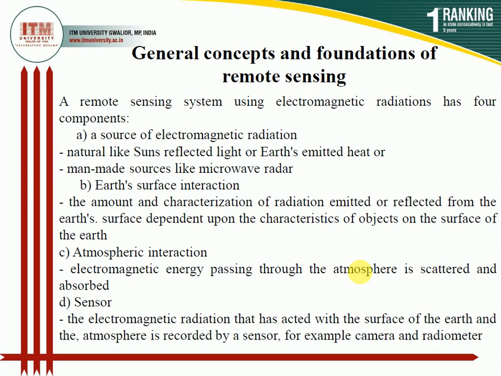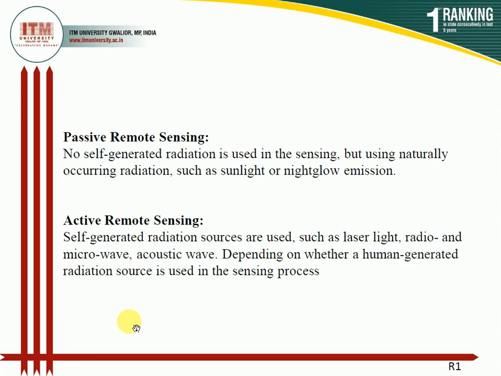The basic concepts behind remote sensing are: what is the main source of electromagnetic radiation, whether natural or artificial; how it interacts, whether the light gets absorbed, reflected, scattered, or refracted; how it interacts with the atmosphere; and which types of sensors are used in the process of remote sensing. Those are all the main things a person has to consider when talking about remote sensing.